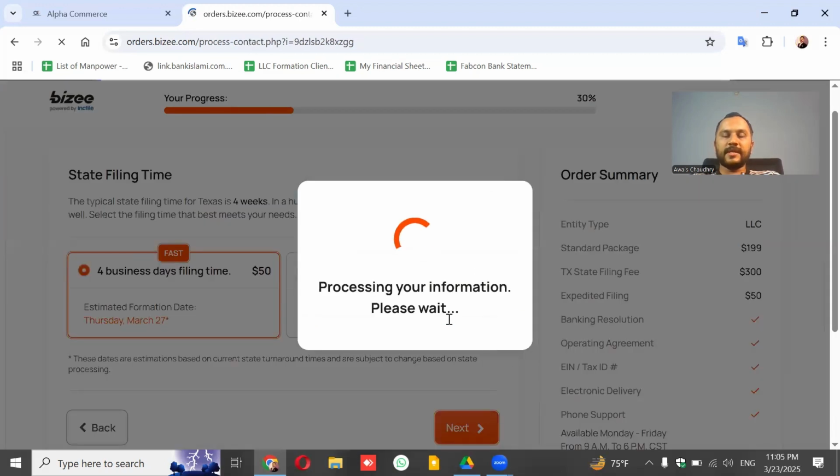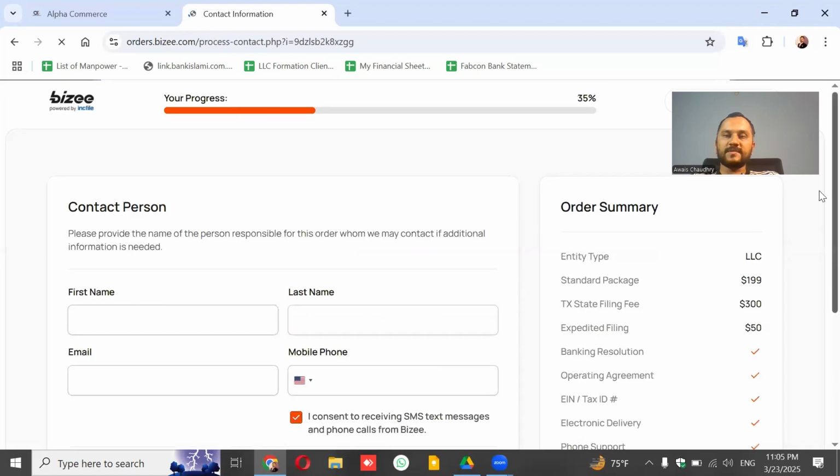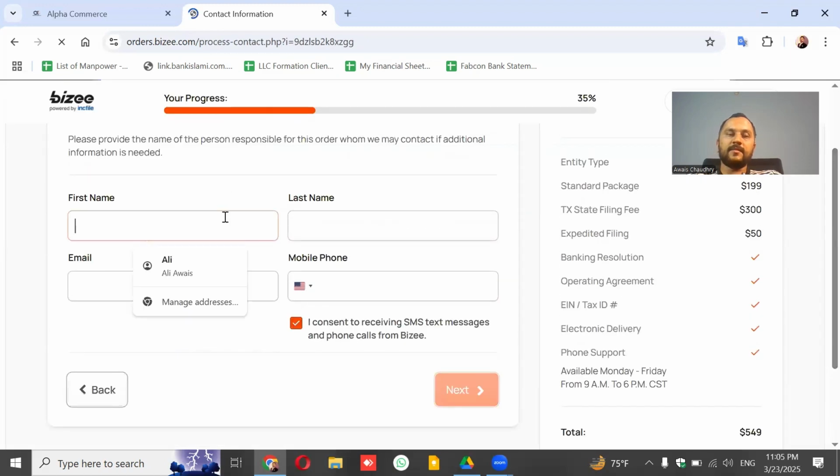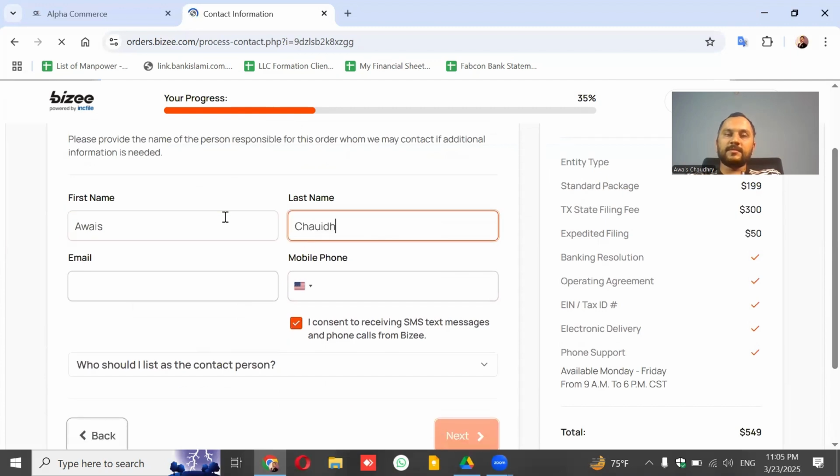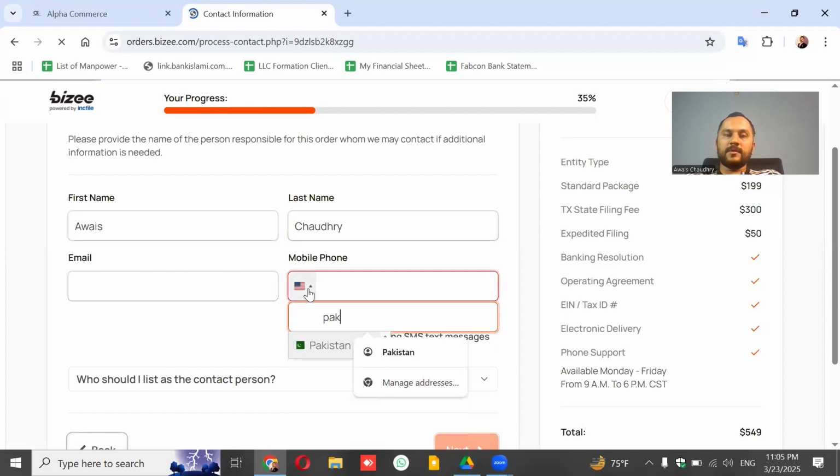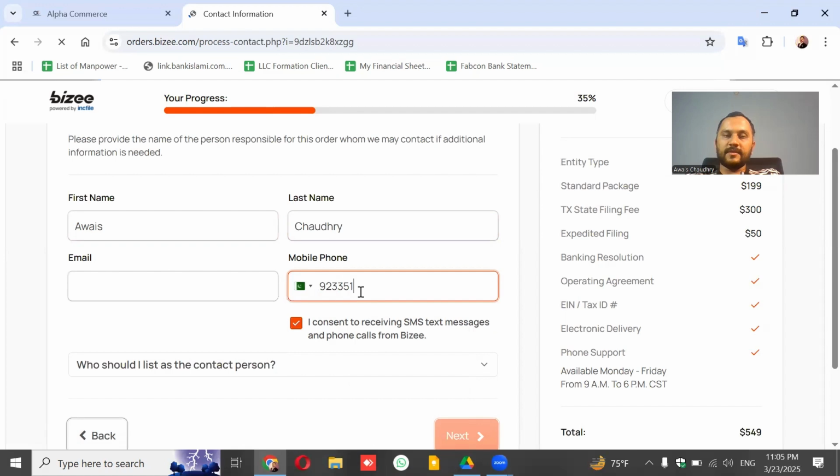And after clicking next, you can see they will be asking for your details. I am just putting my name just for showing you. I am putting my phone number as well here.